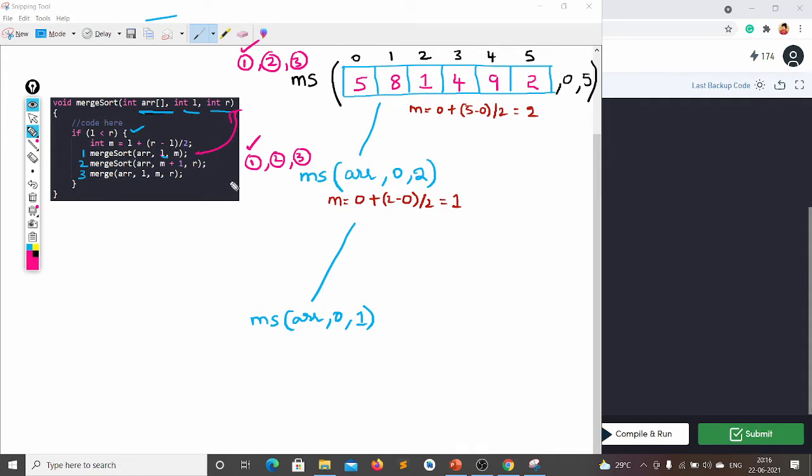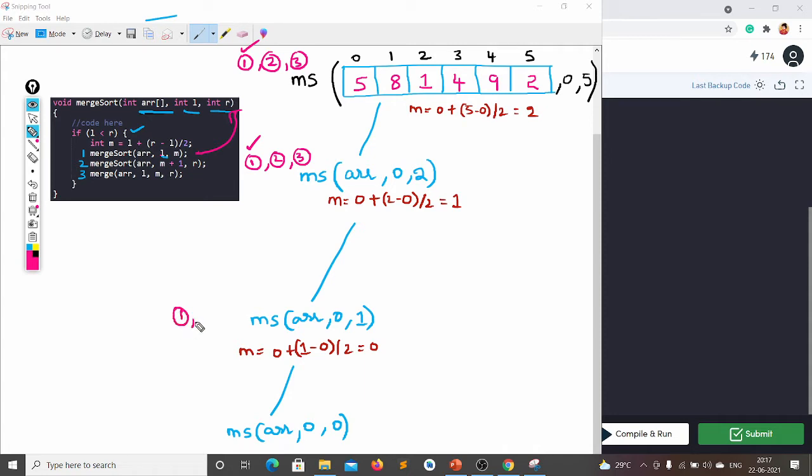In the array place there will be the array, with L 0 and R 1. Now I am calculating my mid value, because L is less than R: 0 plus 1 minus 0 by 2, that is 0. Now I am again calling merge sort of my array, with L 0 and M also 0.